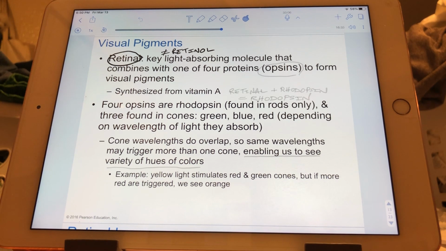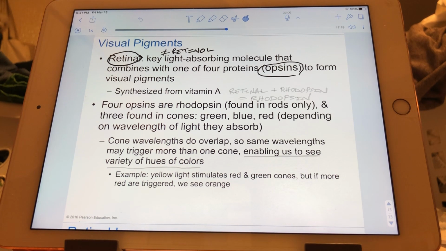So if it's the photopigment of a rod, yeah, retinol is there. If it's one of the three photopigments that we can find in a cone, then yeah, retinol is present, okay? And in order to create different kinds of photopigments, one flavor for rods and 3 other flavors for cones, retinol has to combine with molecules that do differ. And those molecules are called opsins. Okay? And all of this is protein, just proteins that combine with other proteins, okay?